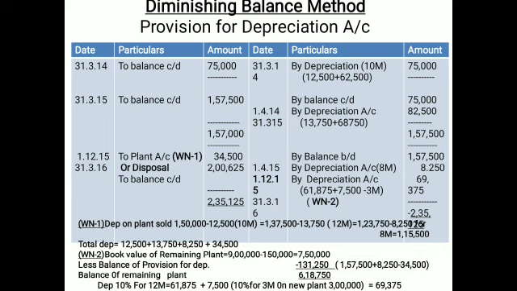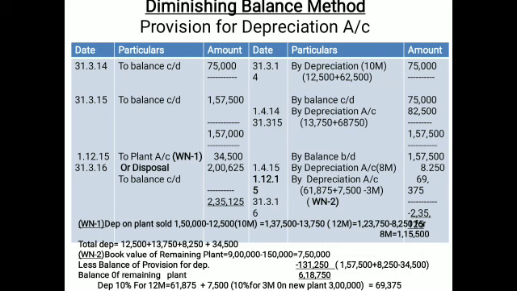But if the account is not there for disposal, then it goes to the plant account. Or if the disposal account is maintained, then it is to be shifted to the disposal account. How will you calculate the 34,500? You have to see, from the first year to the last year, the total value of the depreciation.